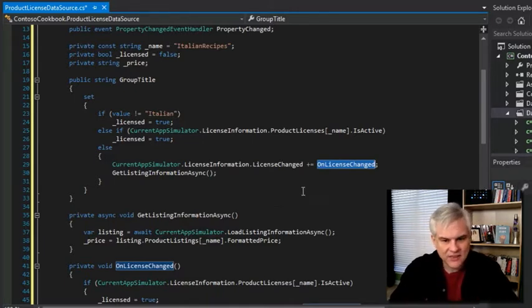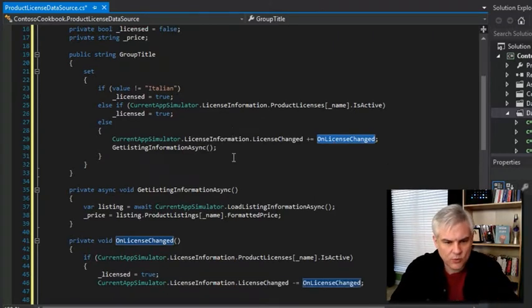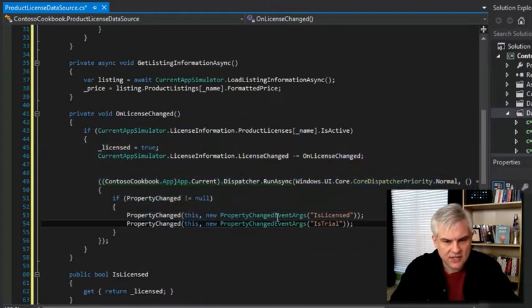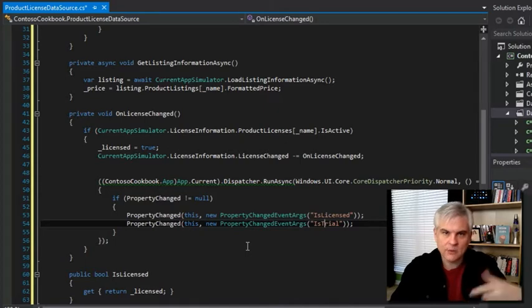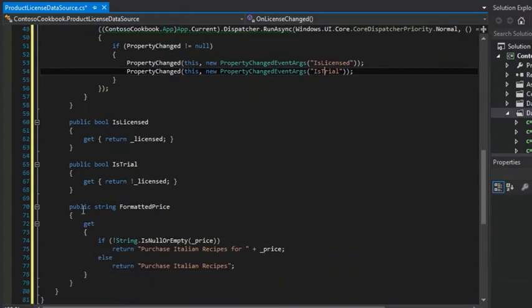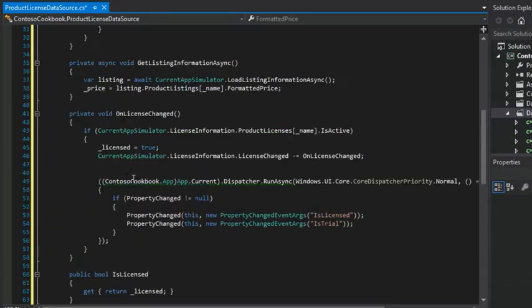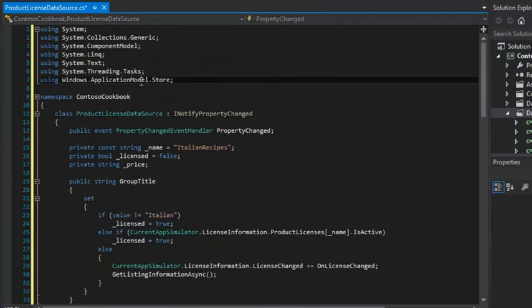If it does, then this on license changed event will get fired at some point because it'll be listening for changes from the Windows Store API, at which point this method gets fired, which updates the properties IsLicensed and IsTrial, and any of our user interface controls listening for that will make an update to their UI as a result of it. Okay, so much of this is true. We have public properties for IsLicensed and IsTrial, and for the formatted price, just like we had in our app license data source. So that's